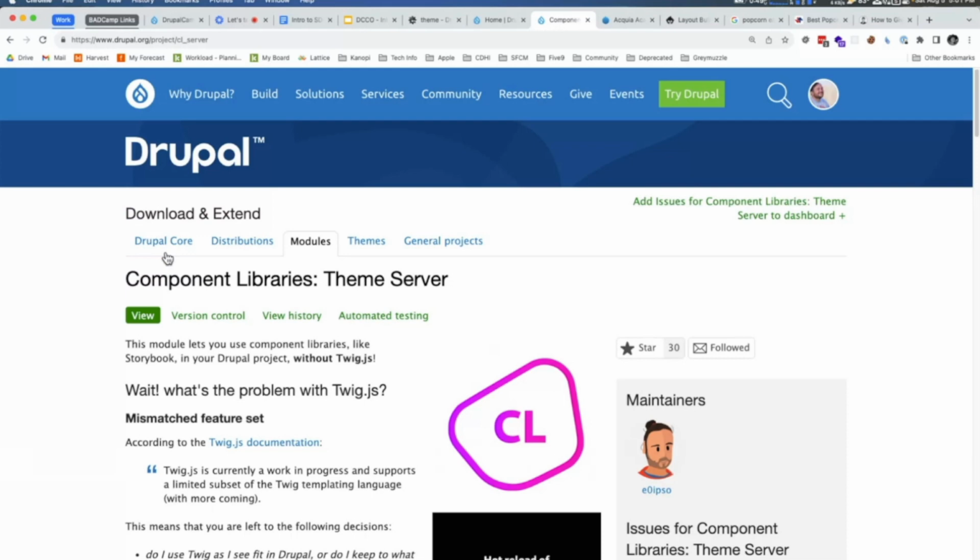Anyway, I tried just doing a straight Storybook twig or Storybook HTML, because Storybook out of the box doesn't really support twig. It supports HTML, and then you have a preprocessor that compiles the twig, and it's JS twig instead of PHP twig, which makes it a little more difficult, and then you get some breaks and whatnot. I really like Storybook as a component library.